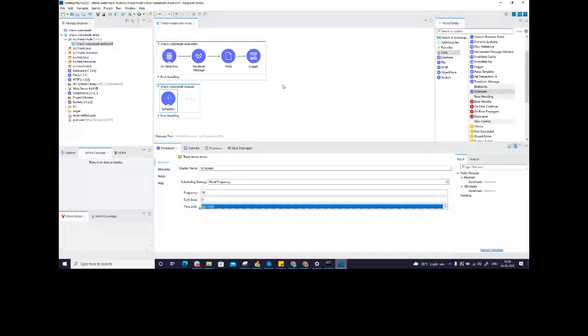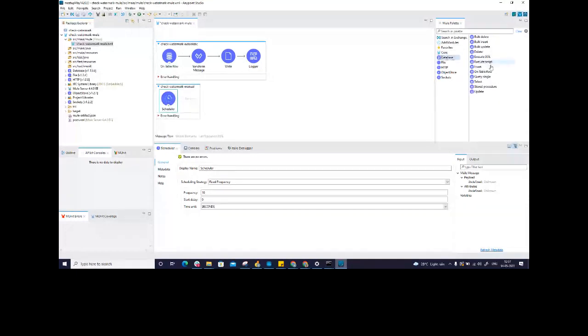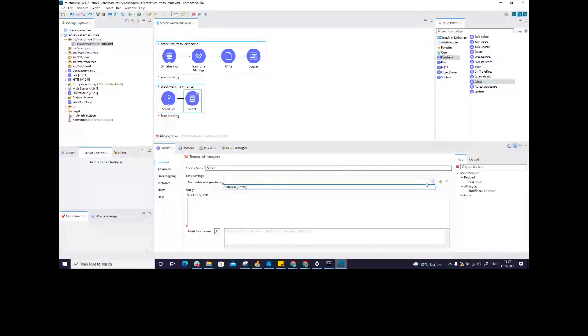Now the use case is still the same. We are going to pull out the data from our database and write it in a file. Simple. This time we are going to use a select operation, because whenever you need to read or retrieve data, you will use the select operation from the database. So let's pull out the select operation. Let me quickly do the configuration. I'm going to connect it with the same database. I'll write a query over here. Select star from, my table name is accounts,